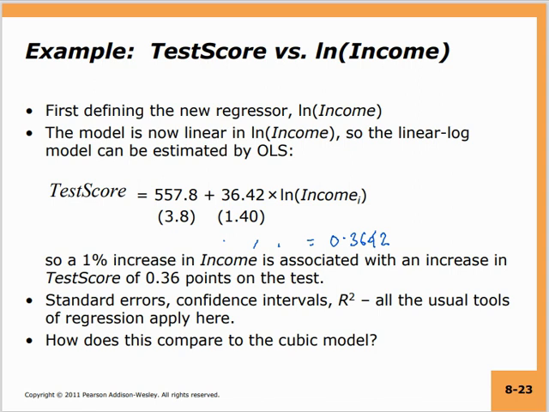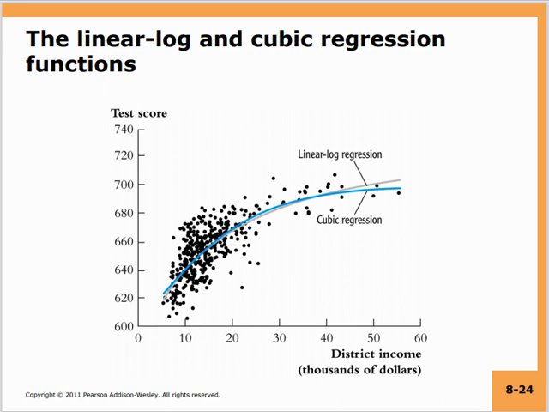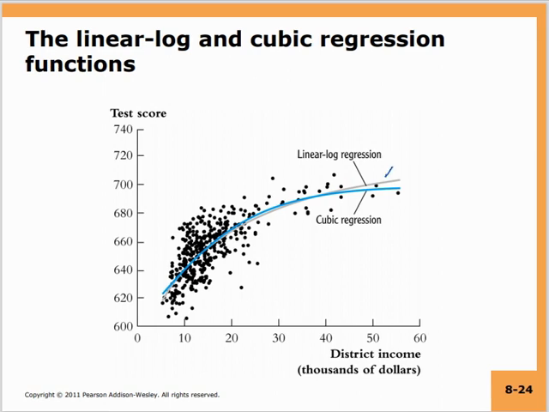If you compare it with the cubic model, which is what we discussed last time, we will look at a visual comparison of the two. You will find that the linear log case is given by this light gray colored curve, and the cubic regression is given by the blue colored curve. As it happens in this particular case, the cubic regression seems to be doing a better job of prediction at higher levels of income than the linear log case.